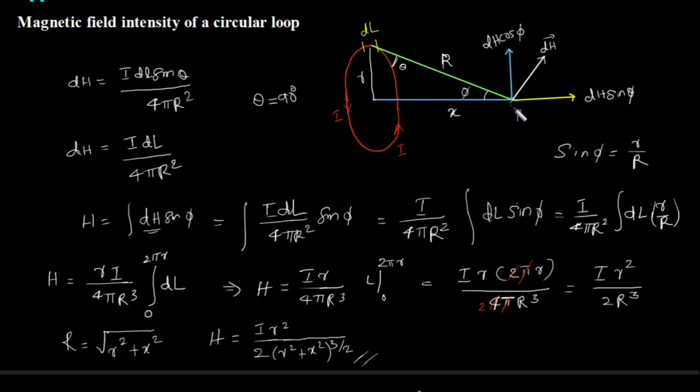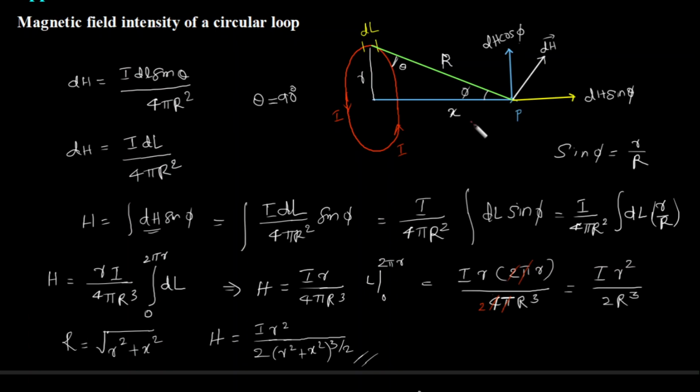Then what happens? I am shifting this point P to the center of the circular loop. So will I get any magnetic field intensity? Will the magnetic field intensity be 0? We have to check, right? Because at some distance you know now how to calculate. Now this point P is shifted to the center. You are asked to calculate the magnetic field intensity exactly at the center of a given circular loop. Again, current will be given to you, radius will be given to you. Now distance is not required because this distance is 0, x is 0. That itself is the hint. So what should I do?